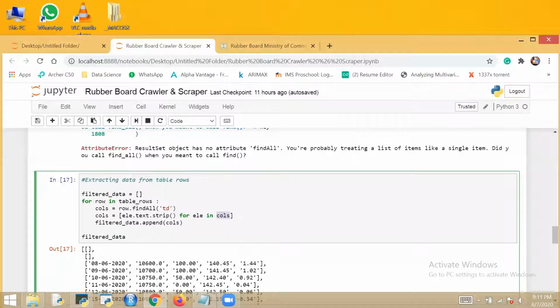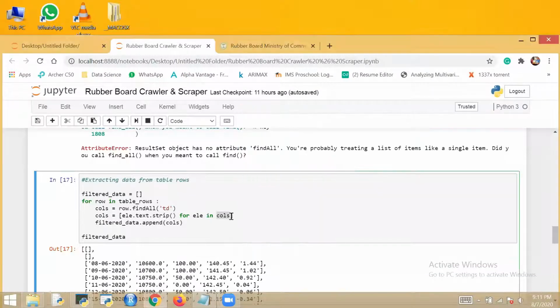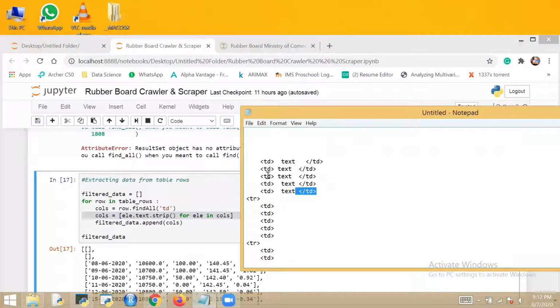Columns, we got this many, 5 td, and for one iteration it will run and convert .txt, which means this text data will be extracted here, this text data will be extracted here, likewise. Okay, now it will become a list. When the data is extracted, td will be removed. After this iteration only text will be remaining, so this will become one list of text elements.